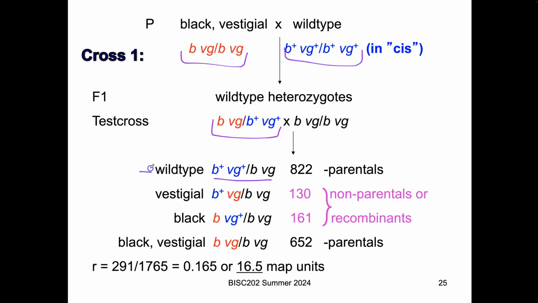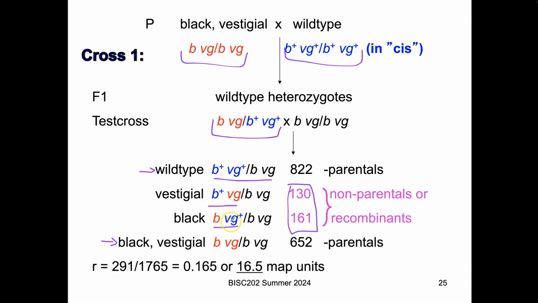822 that have both wild types, 652 that have both of the mutants, and then 130 that are wild type for black, mutant for vestigial, and 161 mutant for black and wild type for vestigial. So when we look at these numbers, there's no question these are our 2 non-parental combinations, and notice that these